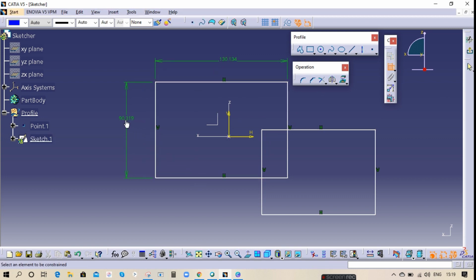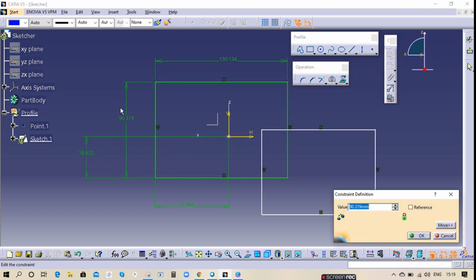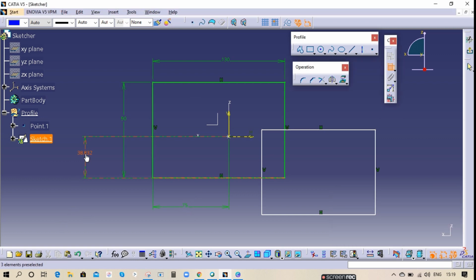So length and width. So from where to where it is. So from this center to here, one, and from here to here, my thing is here. You can edit these dimensions also, like 90 you can give here, you can give 130, any dimensions whichever you require. This is just practicing, right? So I'm giving a round of figures. This is what my dimensions.